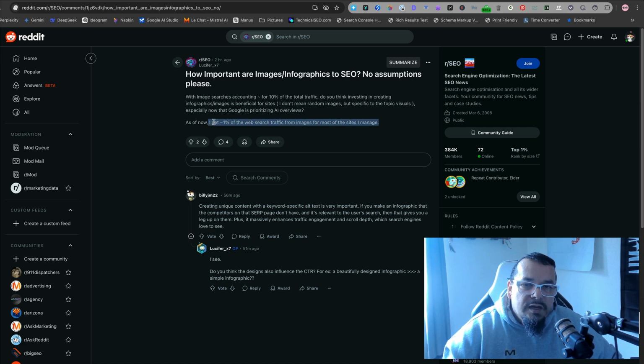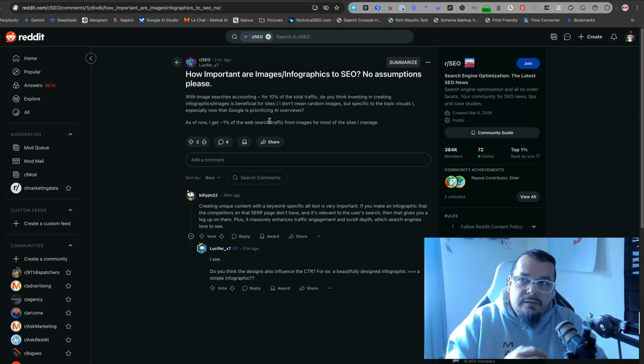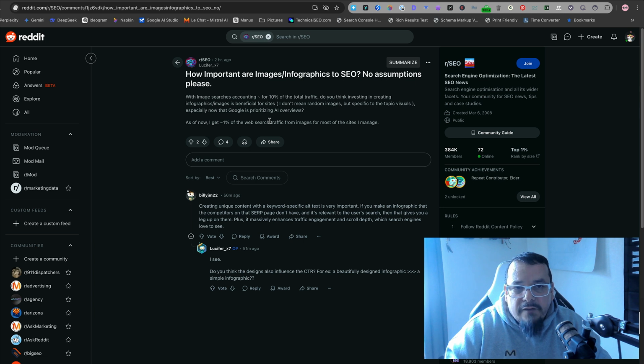Web traffic for images versus investing in creating infographics is actually two different things. For the most part, there are some cases where searchers will go into the images and look for specific infographics to support something that they're researching, but you're going to actually get more traffic from social media search engines than you are from Google, from infographics.